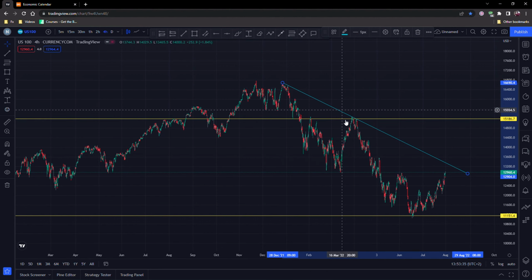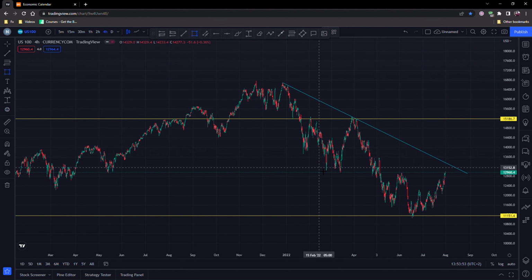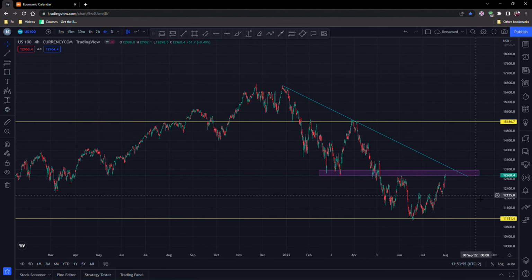first touch, second touch, third touch, fourth touch, and you can see we might be looking for the market to come here, hit here at this downward trend line before coming back. But we're also looking at the fact that the market was creating higher lows and higher highs during the week. So we might be looking at this area right here, because we are in the resistance zone, but it might come back, retest this downward trend line before shooting back up, or it might close above this resistance area,